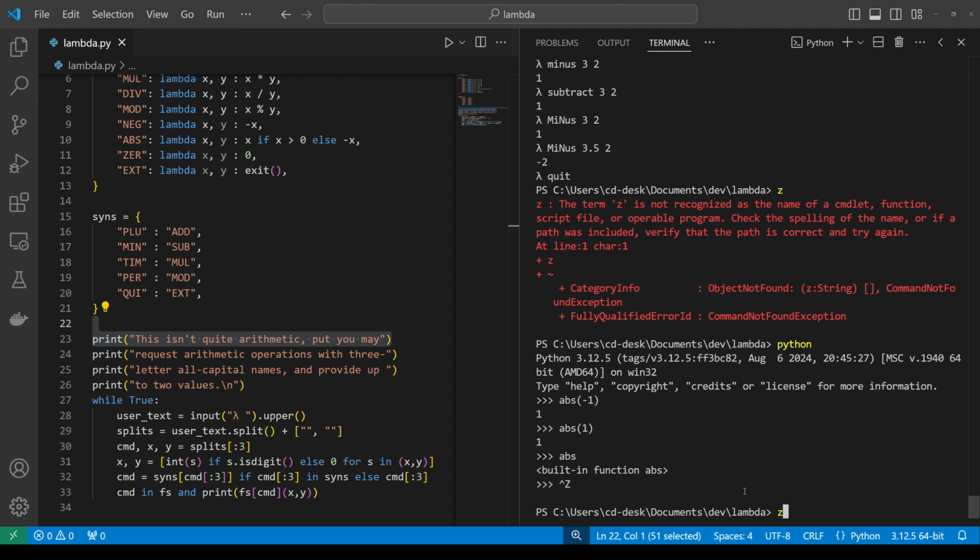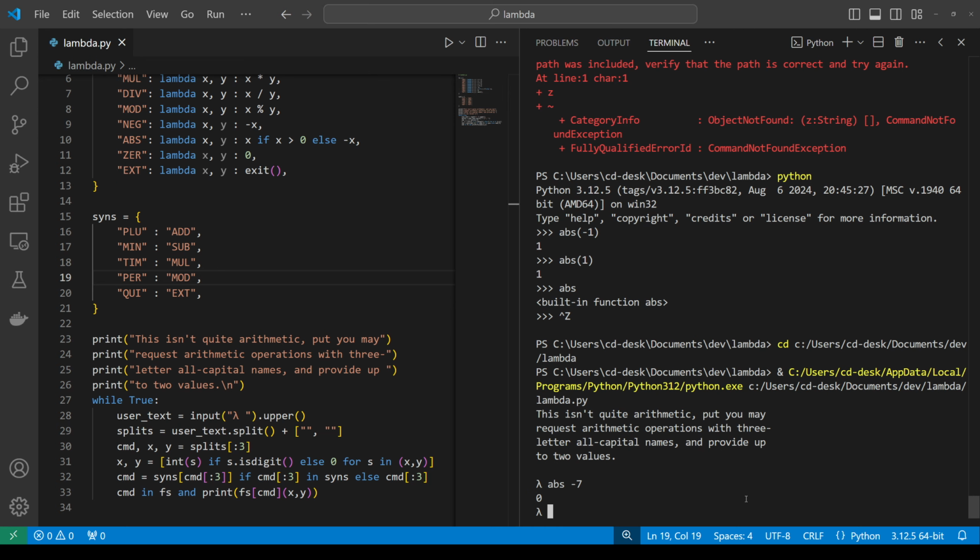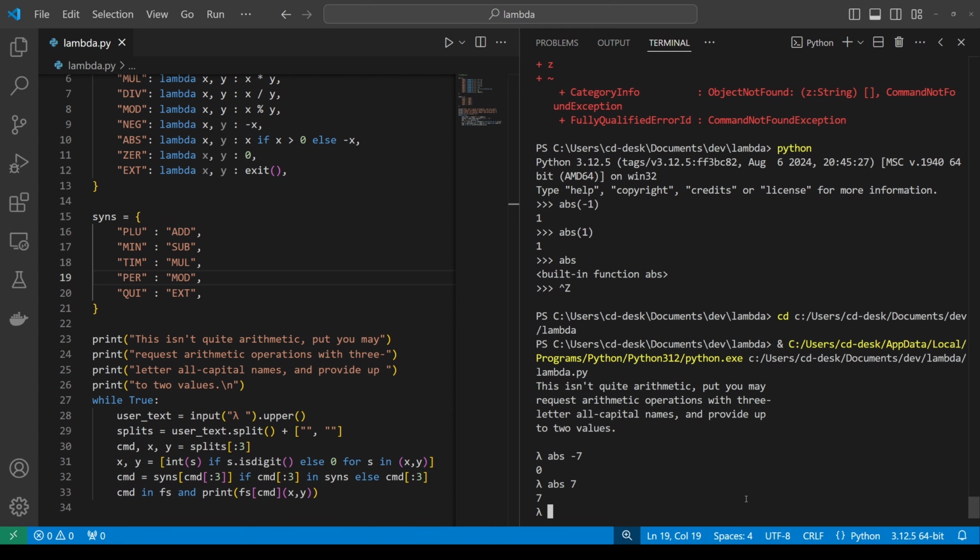I have to remember the keybinds to run this. And now I can probably take the absolute value of -7. Oh, I think I can't put negatives in? Wait, oh, I didn't think about that, because I think